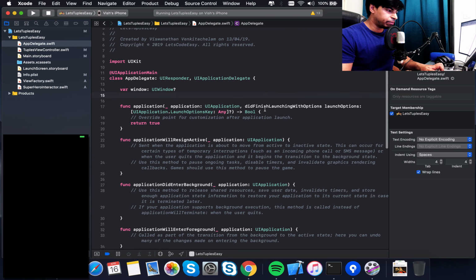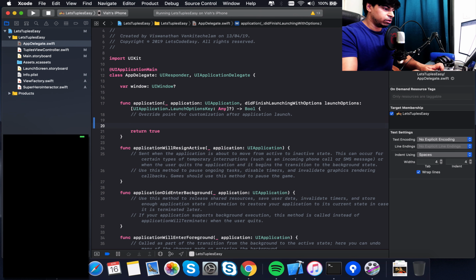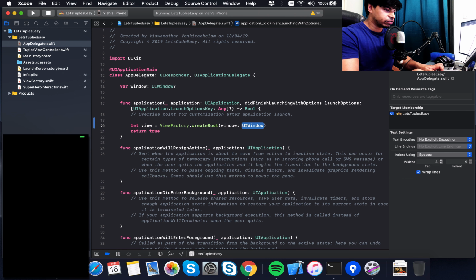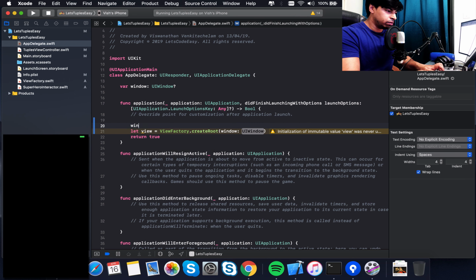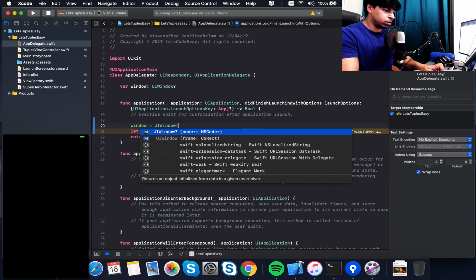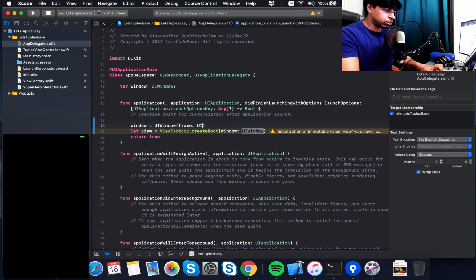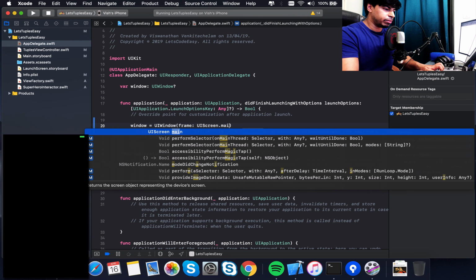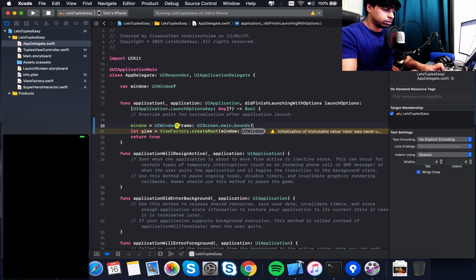Let me just go to app delegate. This is where you instantiate your view controller. So let me just call that view factory dot ask for this. And for that I need to create a window. Window is UI window, passing a frame, which in this case is UI screen, I guess. Screen.main.bounds. That's how you create the window. Pass that window,